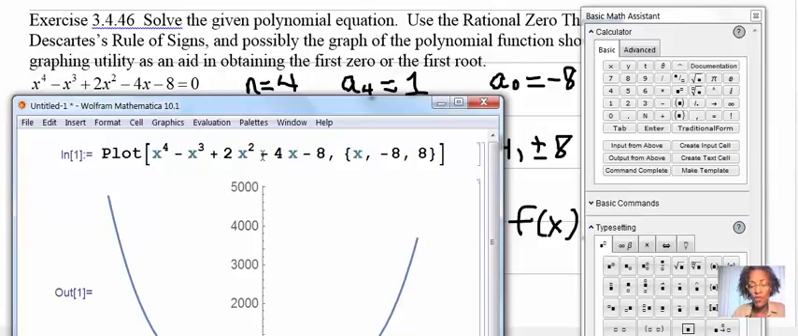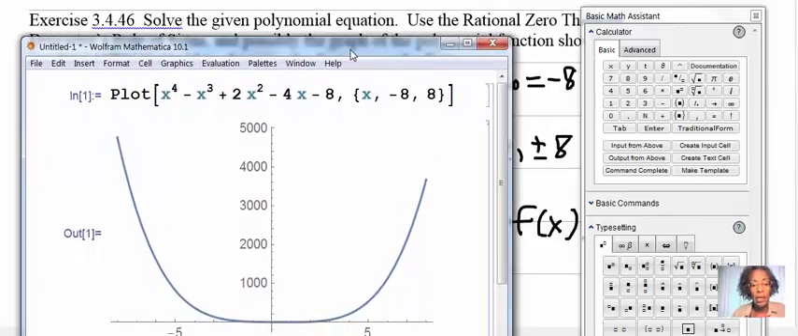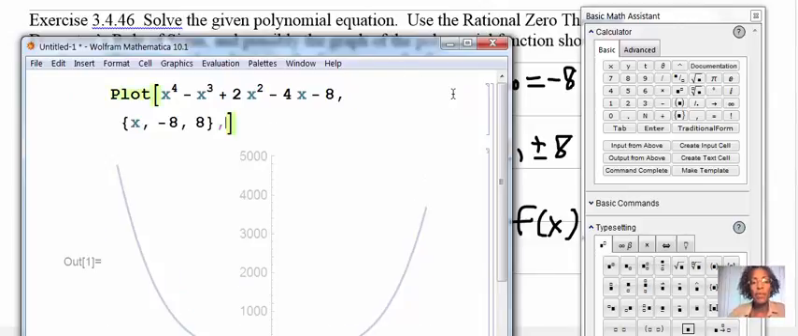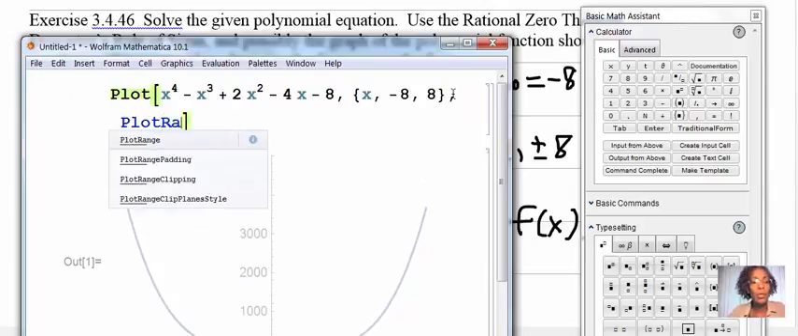So I held the Shift button and hit Enter while still holding the Shift button to get Mathematica to run this. So it did give me some output. One of the things I see here is that I'm so zoomed out that I can't see where the x-intercepts are. So what I'm going to do is give this a plot range,